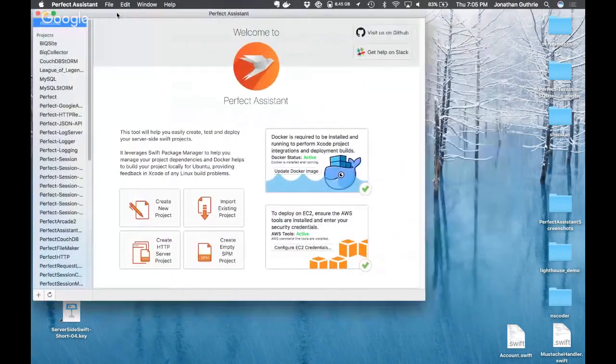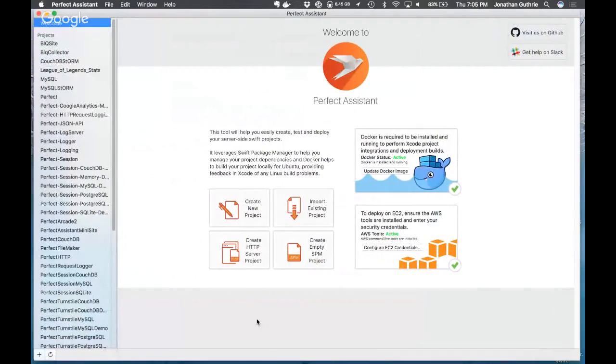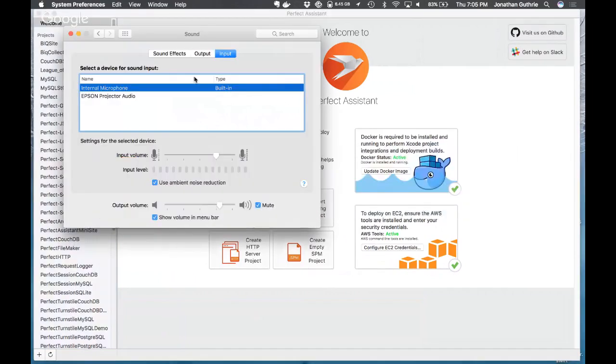Okay, so this is the Perfect Assistant. The Perfect Assistant, as I said, is a macOS app. Could be better, yes. I guess I'll put the volume up a little more. All the way up. Okay, let's just hope it doesn't peak too much.